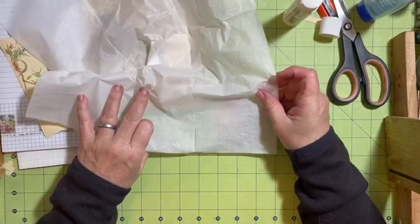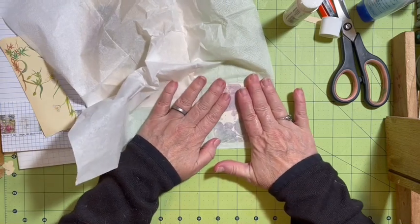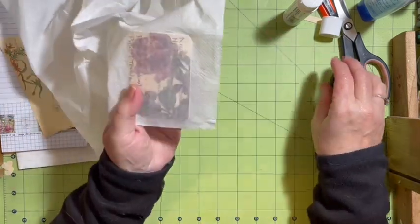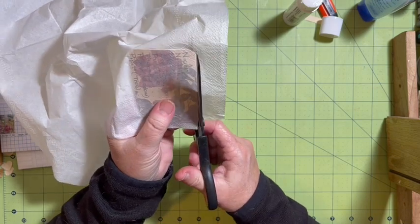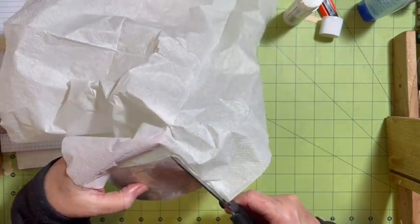I like that. Okay, so I have the embossed part of the napkin. Look how nice that looks on there. You can still see the image through it. We've just muted it by adding a napkin on top. So if you have something that is just too,